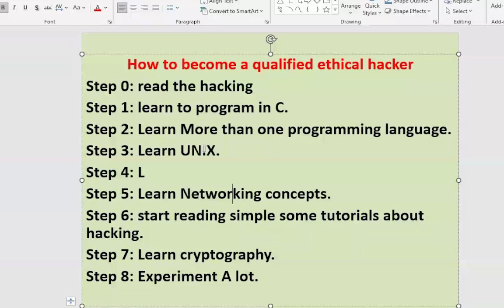Then you must have proper networking concepts. Hacking comes from the term networking. Unless you have proper networking concepts, for example topology, types of network you are using, LAN, MAN, WAN, local area network, metropolitan area network, or wide area network. Unless you have proper knowledge of these things, you can't be a successful professional as an ethical hacker. So you must know networking also.